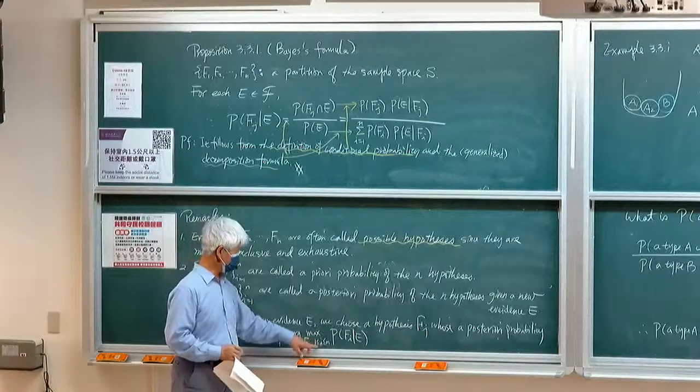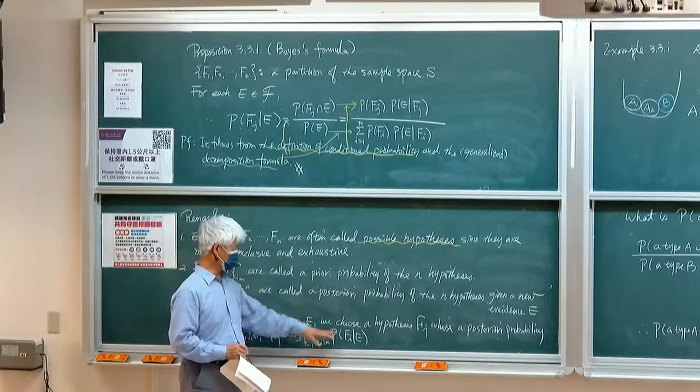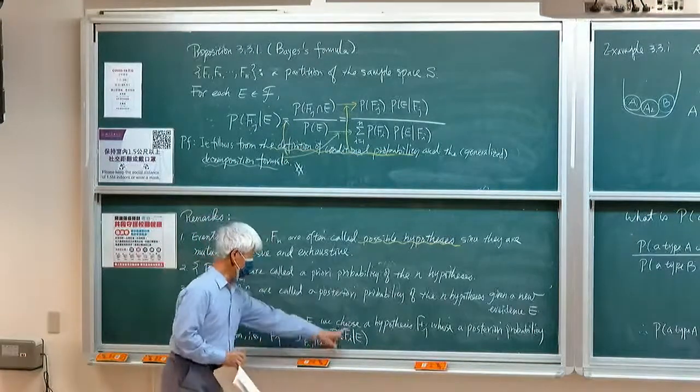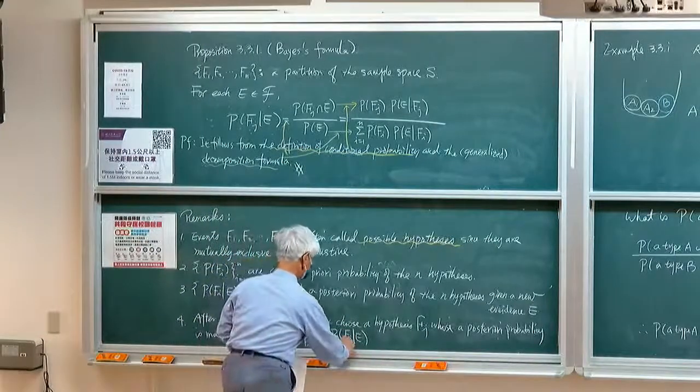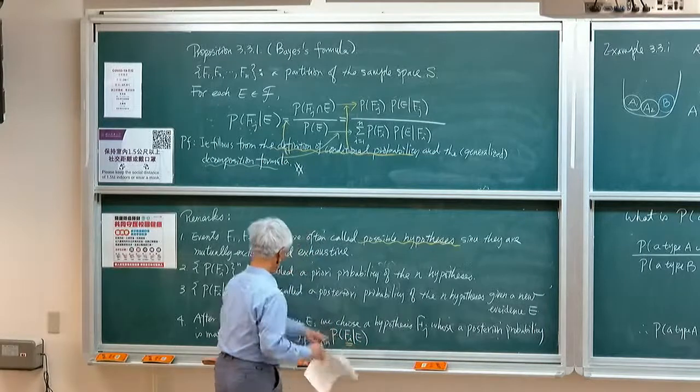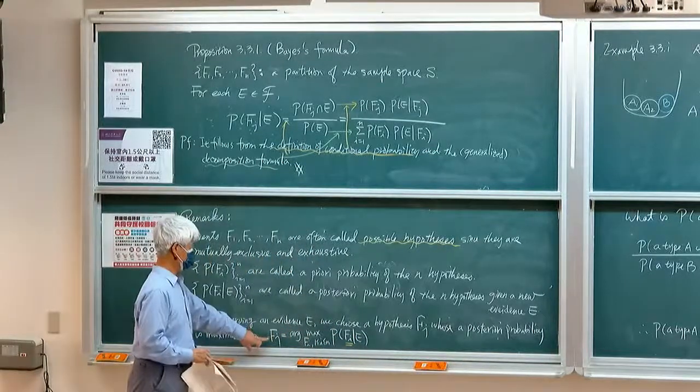Once we find the maximum, we take the argument, and this argument will be say Fj. Okay,